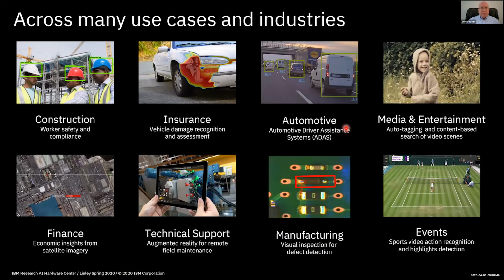So we put together an example of the kind of things that IBM clients care about. All of these are based on vision. We could have easily made a slide based on natural language processing, processing documents, processing speech, and things like that. But in areas ranging from construction to insurance, there were lots of talks earlier today on automotive, earlier this week on automotive. And I will, in a couple slides, have a specific example on sports video action. But you can see how even for a company like IBM that is not consumer focused, but focused on enterprise clients, there's still lots of reasons why you want to build systems that go from narrow AI to broad AI